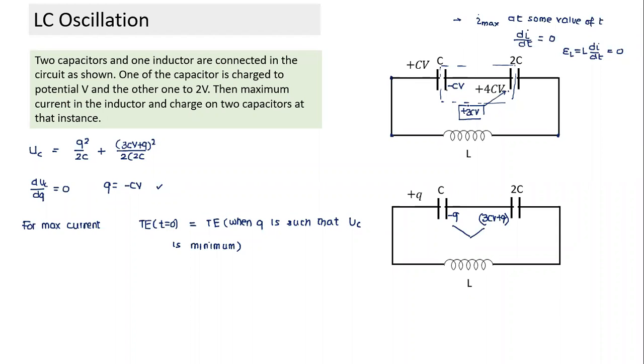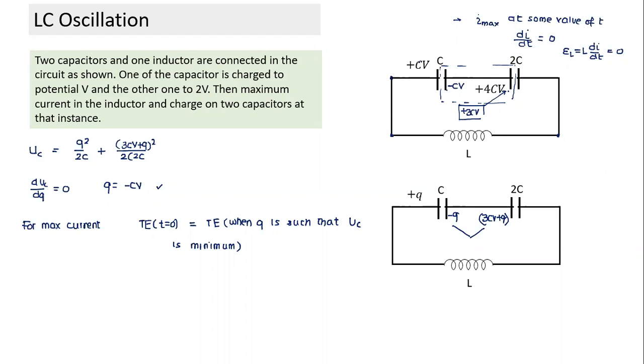So I have to distribute the charge in which proportion? Same proportion as the C proportion. So I have to distribute the charge 3CV in proportion of 1:2. What is the charge distribution which is in the proportion of 1:2? It is CV here and 2CV here. That's the distribution, and then we can easily calculate.